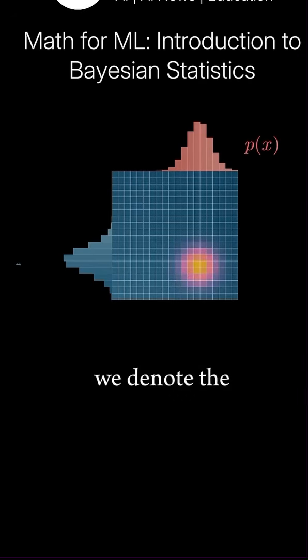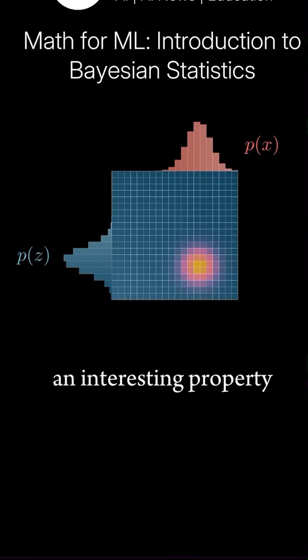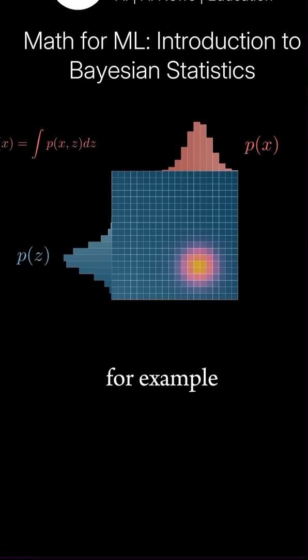As before, we denote the marginal distribution of x as p of x and the marginal distribution of z as p of z. An interesting property of the joint distribution is that we can use it to compute each of the marginal distributions. For example, to find the probability of sampling a specific value according to x, we integrate the joint distribution over all possible values of z,